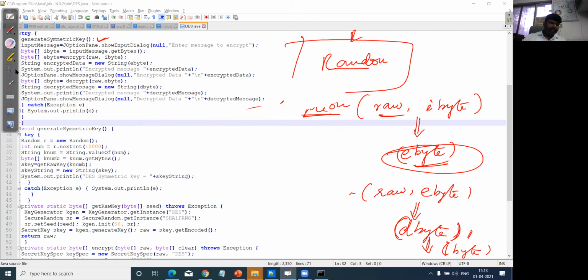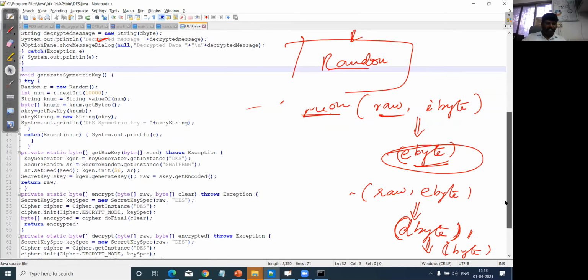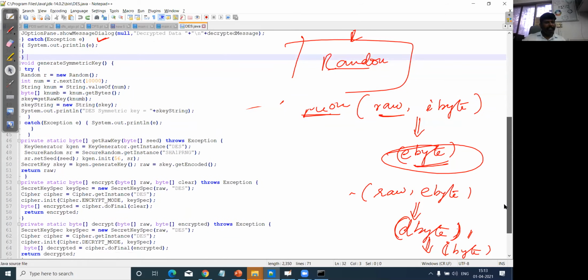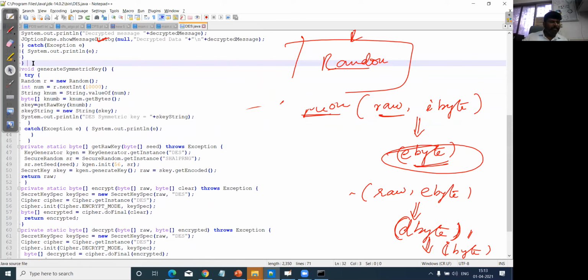Okay. Similarly, when we talk about the other functions, see, I was explaining about the raw key. Here, getRawKey is a function, and it is going to carry out certain tasks based on the values we pass in the next lines of the program.